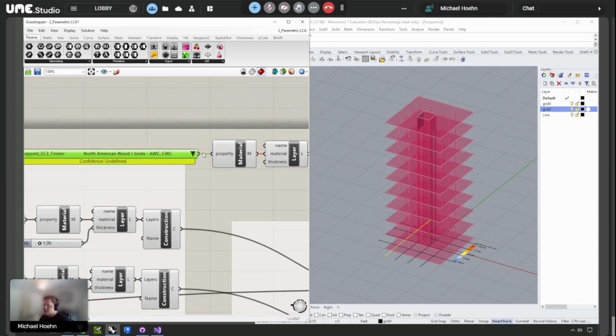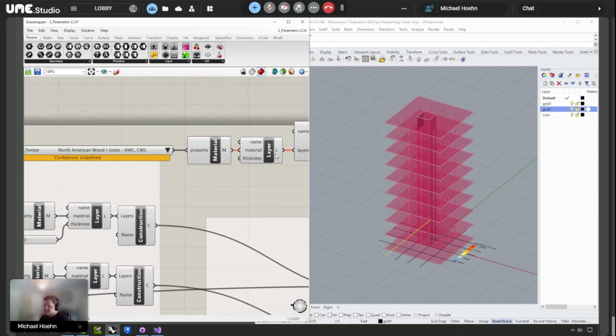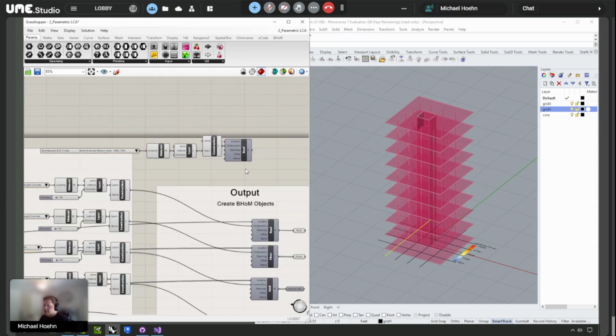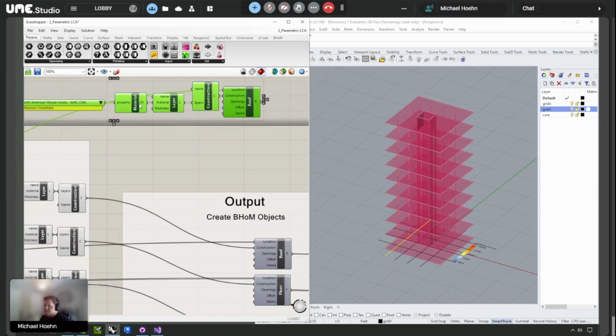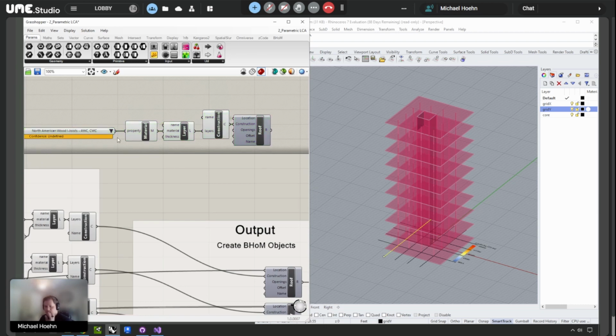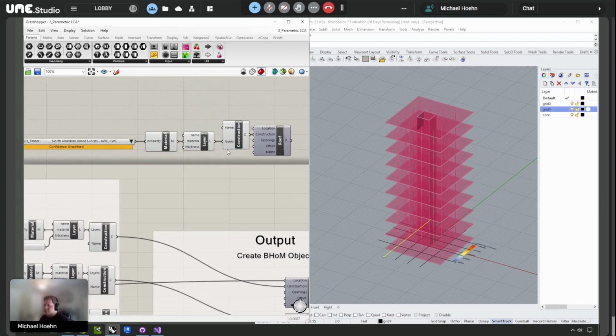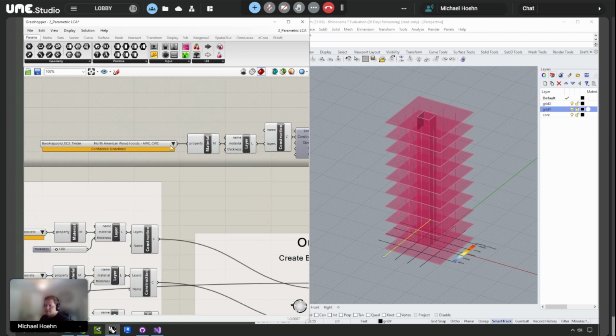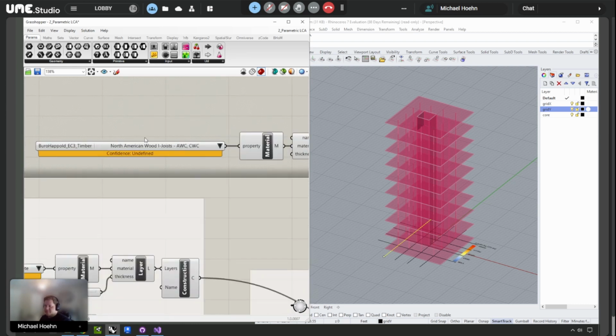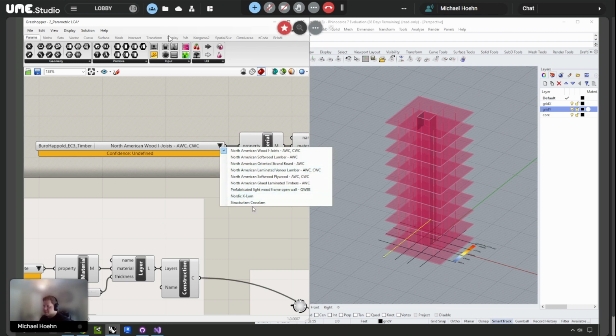Some of you will see that there's an orange line after you automatically connect one of these. Just refresh that connection and it'll go away. So just click and drag and reconnect. So now what we've just made, using our first method of assigning it directly to the object, is a roof that is made out of this wood I-joist, whatever material you want to select in here,